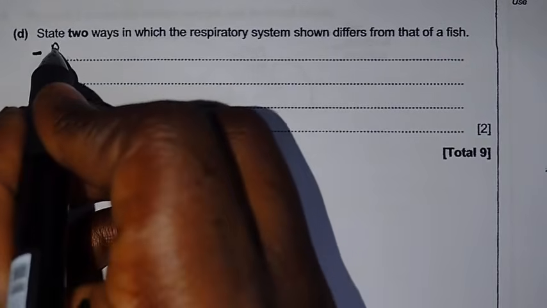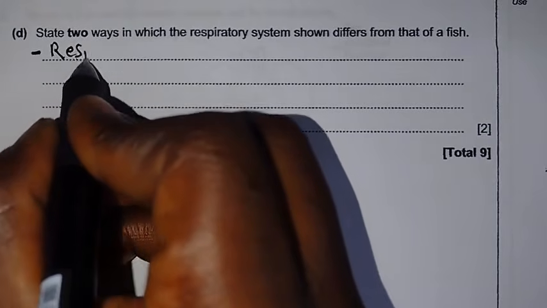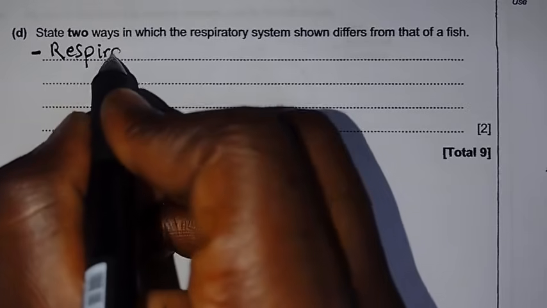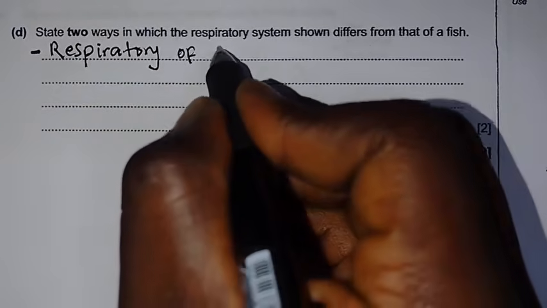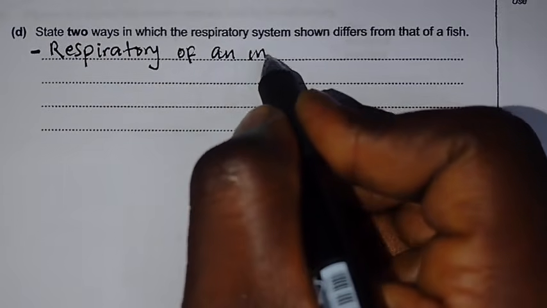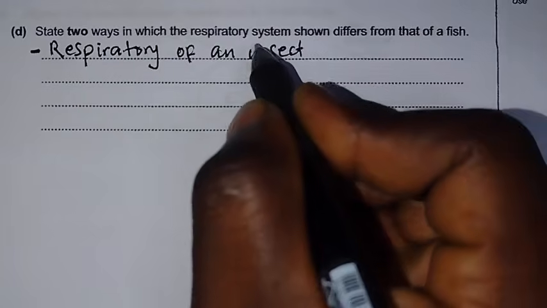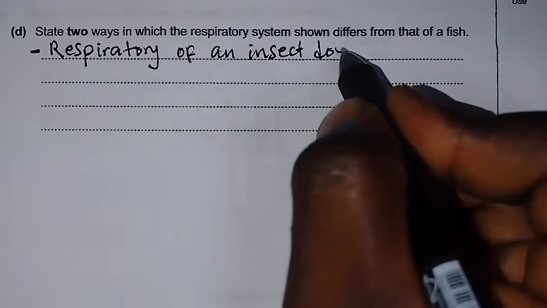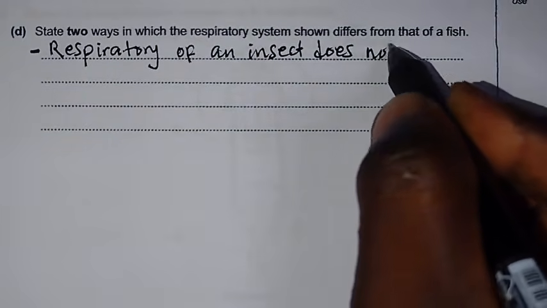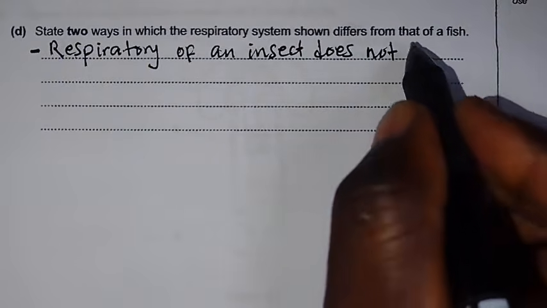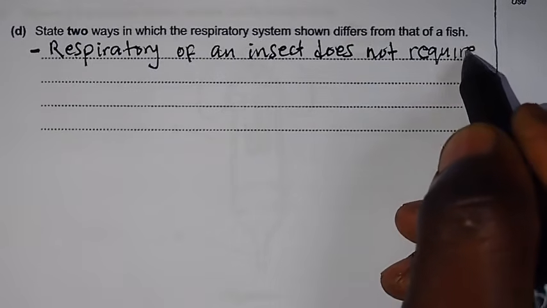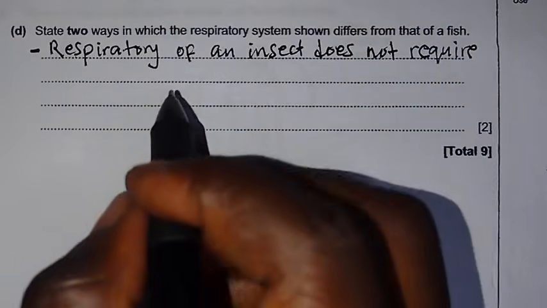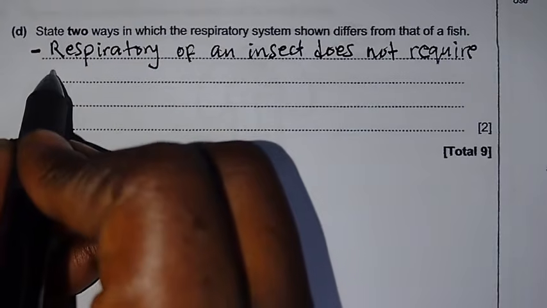Okay, so you say respiratory of an insect does not require circulatory,